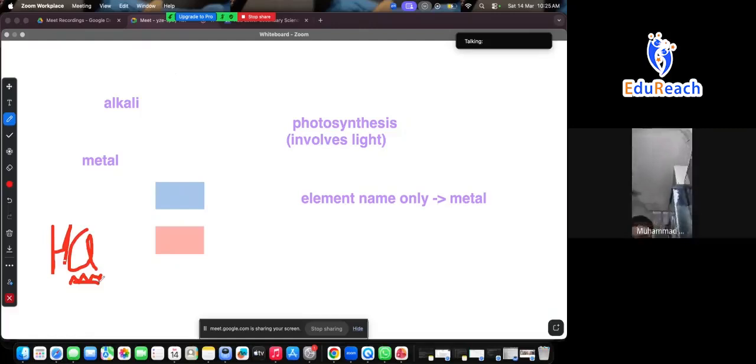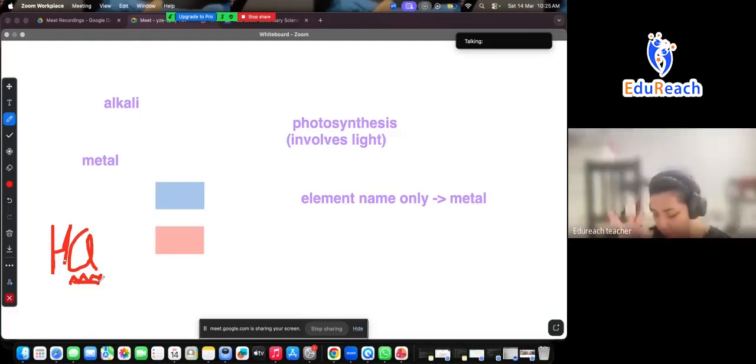Yes. Okay, 25. Color change of 3 indicators. Now, please take note, P, Q, R are totally different indicators from litmus paper and from universal indicator. They are other substances. For P, Q, and R, there are certain colors that it will change to at a certain pH level. For P, before pH 4, it is red. After pH 4, it is yellow. For Q, before 5 is blue, after 5 is red. For R, before 9 is colorless, after 9 is red.